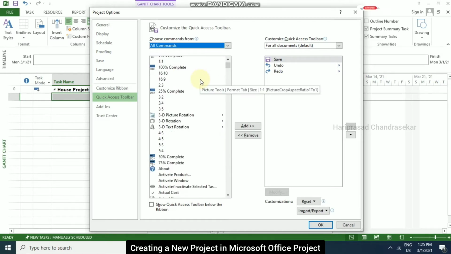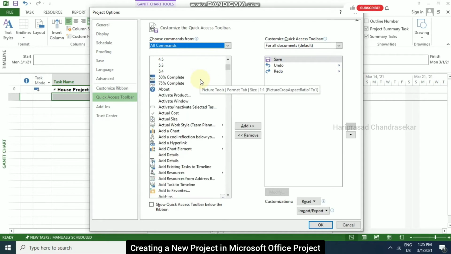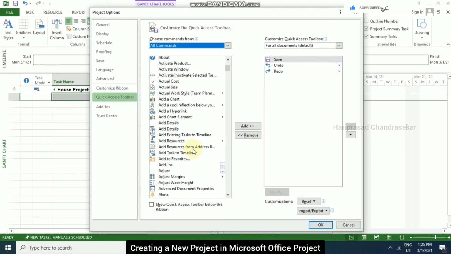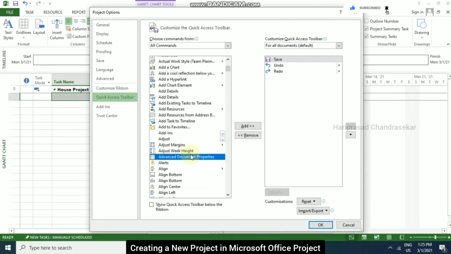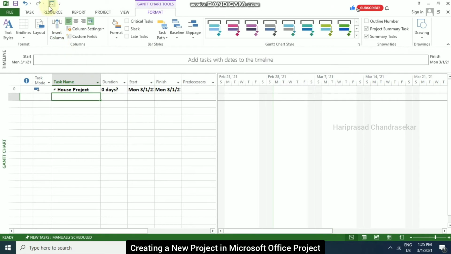In all commands we can search for advanced document properties. So this one, it is like advanced document properties. I am just going to keep it here and click OK. Immediately we are getting this icon in this quick access toolbar.